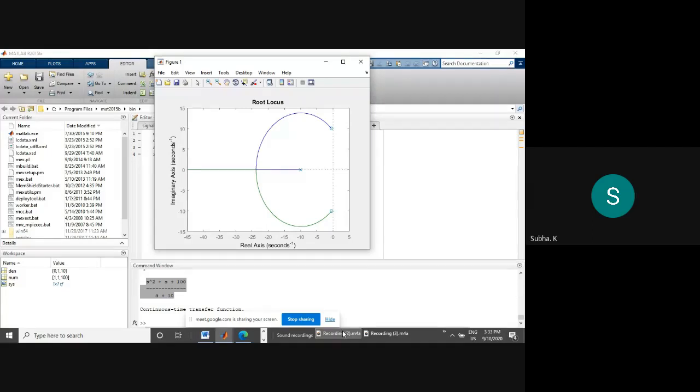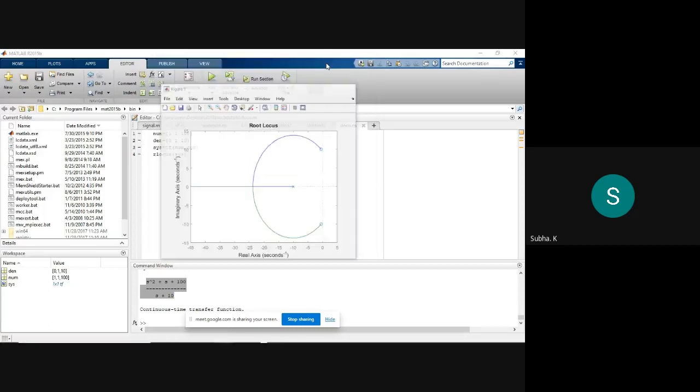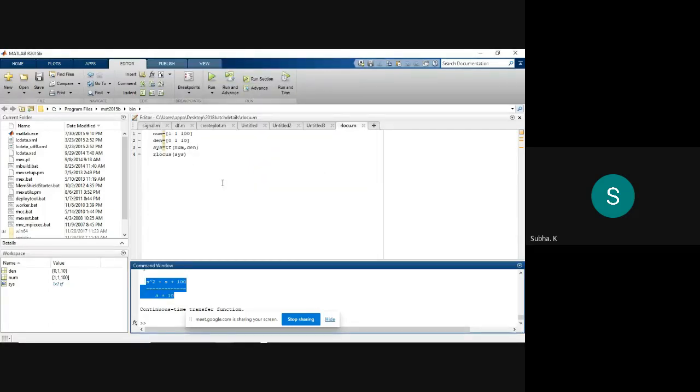Ma'am, one doubt. Who is having the code doubt? Show what? See, this is not the transfer function. You have to derive the transfer function, then you substitute. This is not the one. For your water level system, I just want to see the syntax. Okay, I am showing the syntax, no? Done. Anyone else?